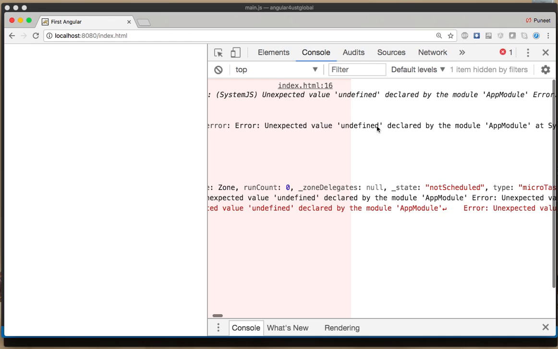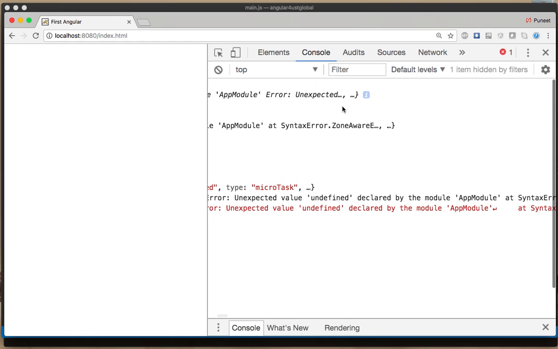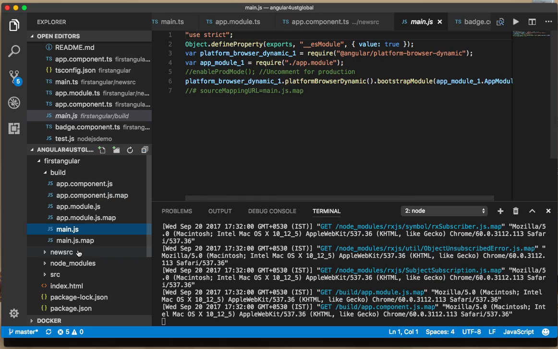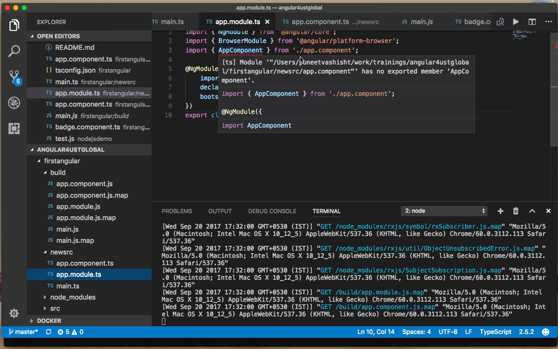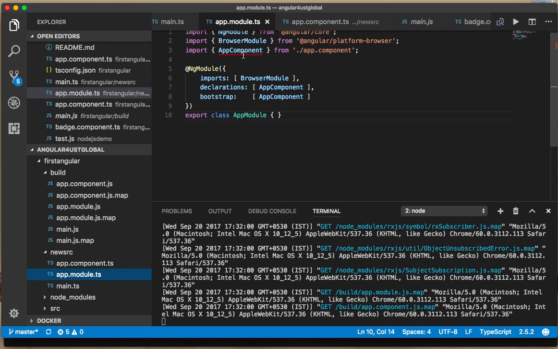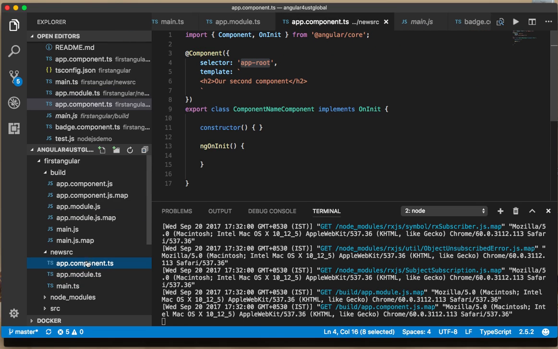okay, somehow it is not. It's something to do with the app module maybe. So we'll just find out in the new source if we have done anything wrong here. So it's not able to find out the app component, maybe because there's something that has gone wrong here. So let's just go down here and make it app component. I think this is the mistake that we got into. I'll just make it app component